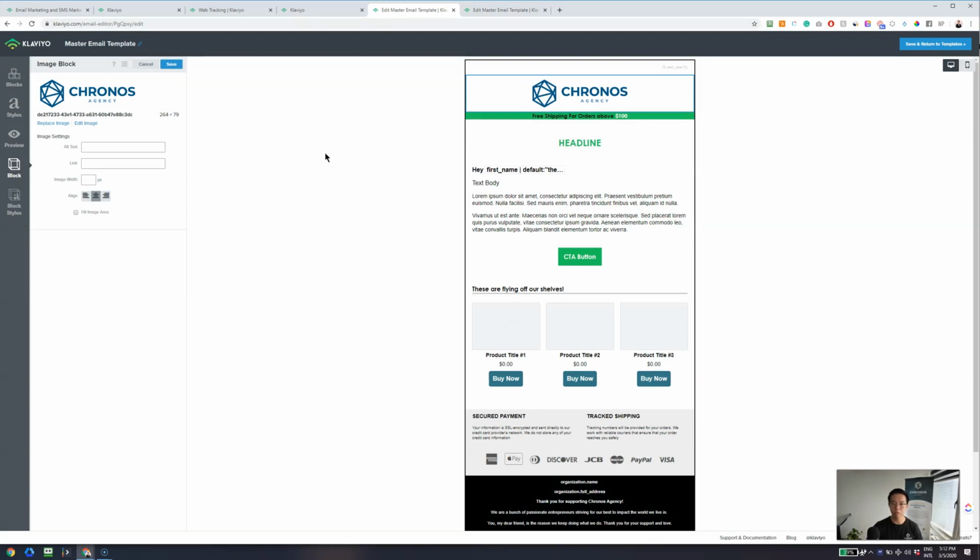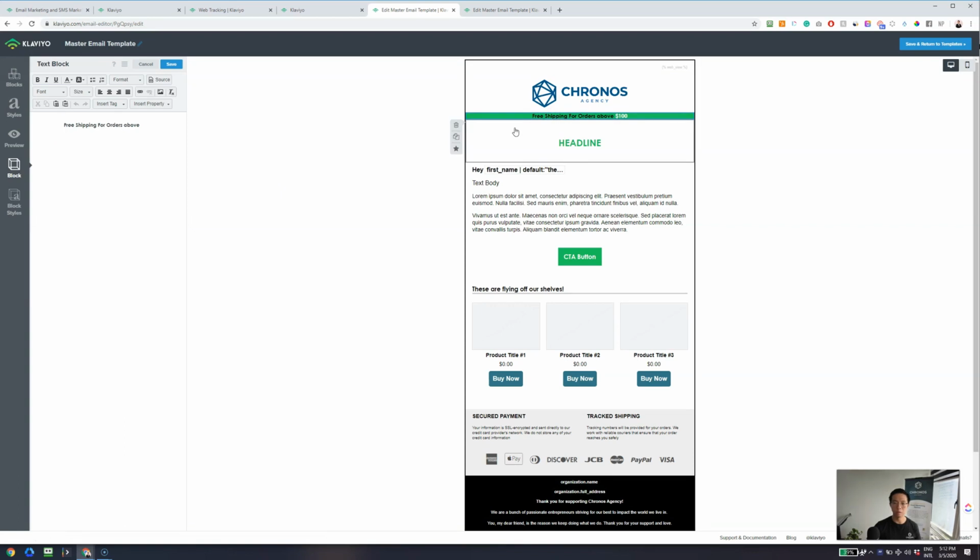All right, once you have that out of the way, the next part is a menu bar. In this case, it's just an info bar with one of the key pieces of information that you want to be sharing, whether it be the current offer that is within the email or just key info at that point in time. So right now, I would just change this to key offer